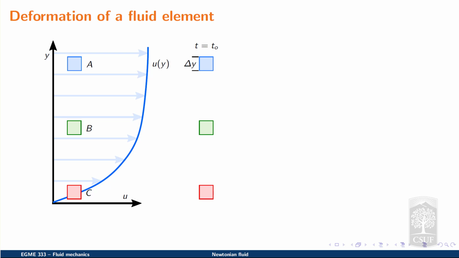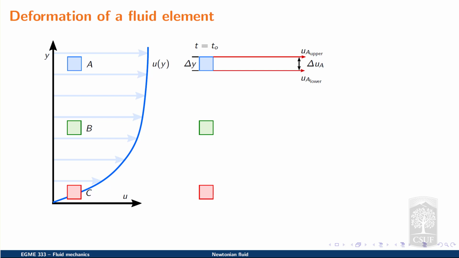For example, if we focus on fluid element A, the blue one, we can assign a velocity to its upper surface, which we'll label as u sub A upper, and a velocity to the lower surface of the fluid element, which we'll label as u sub A lower,